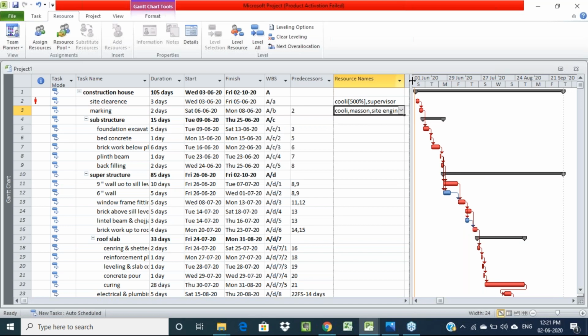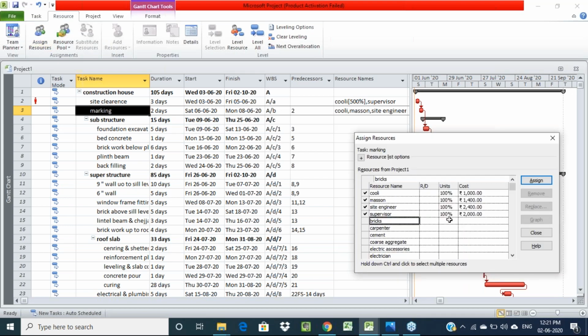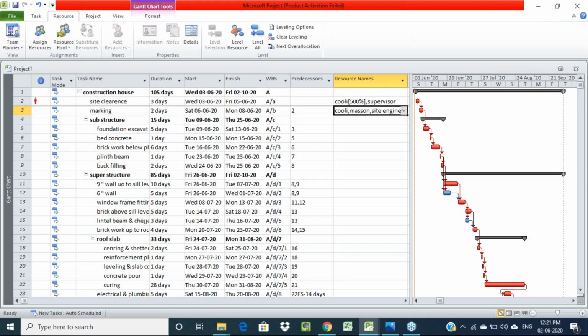Here we can only select the resources, but we can't select how many resources we want. So again you need to go to the resource assign option and change that number. Here it is showing 100% for all the resources, so we can't use all as only one. For example, if you want two police, we can change it to 200%. 200% indicates two numbers, right? Like this we can change, so that also will be represented here.